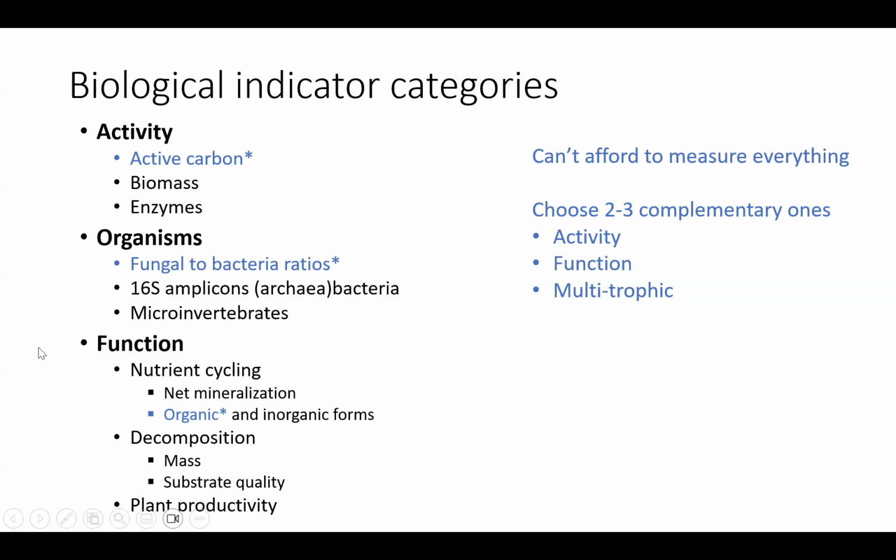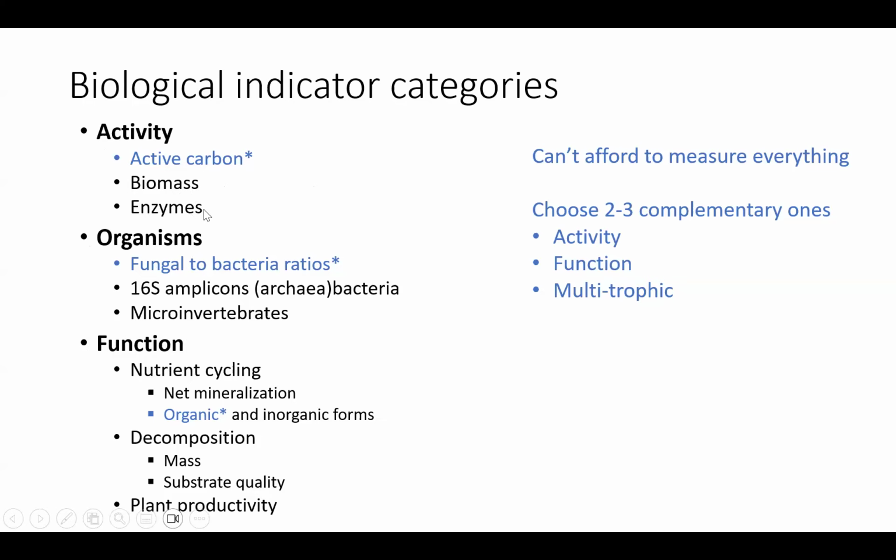I put them into about 3 different classes. Kind of activity, if we're just trying to look at general activity; if we're interested in who is there; and then what are they doing, which would be function. So under activity, this is where it would fit if we're doing respiration. If we're trying to estimate biomass that's in the soil,